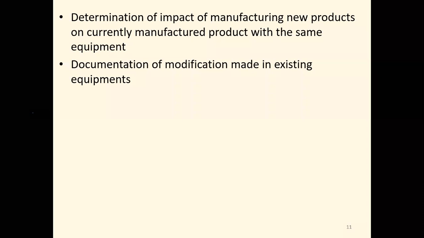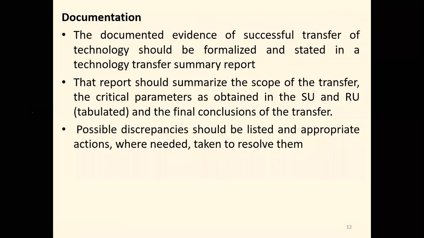Then any modification of the existing equipment that needs to be adapted to become capable of reproducing the process, meaning we have to get the same result, it is called reproducing, the process being transferred should be documented. They have to document it in the transfer project plan. They have to produce a transfer project plan. Then they have to write up all these modifications made in the existing equipment. So that's why there is reproducibility of the process, and you have to document all the things.